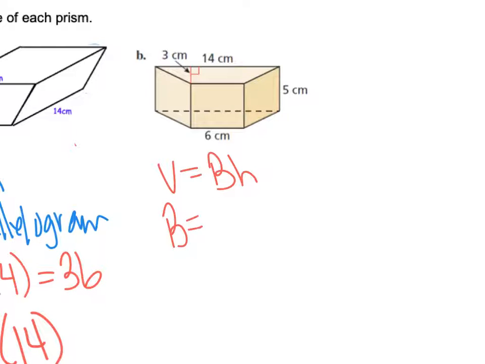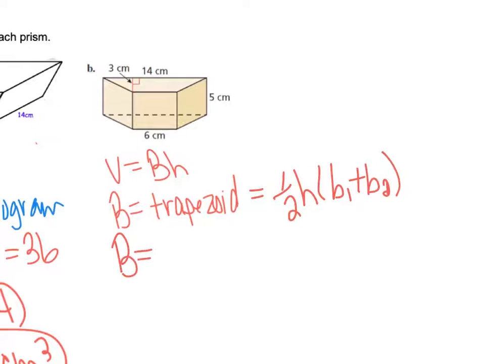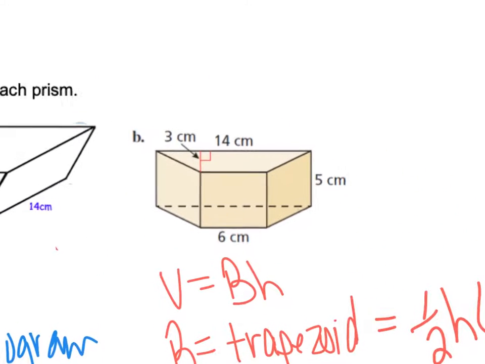Okay, my base is a trapezoid, which means my formula, if you need to go back on that front sheet, or on the front slide, is 1/2 the height times the sum of the bases, B1 plus B2. There we go. Okay, so the area of the base. If we look at our picture here,